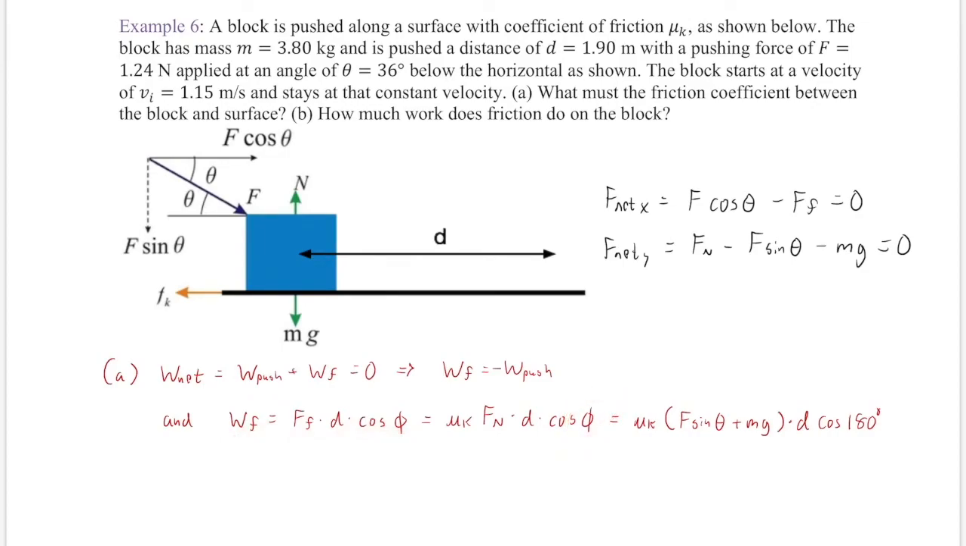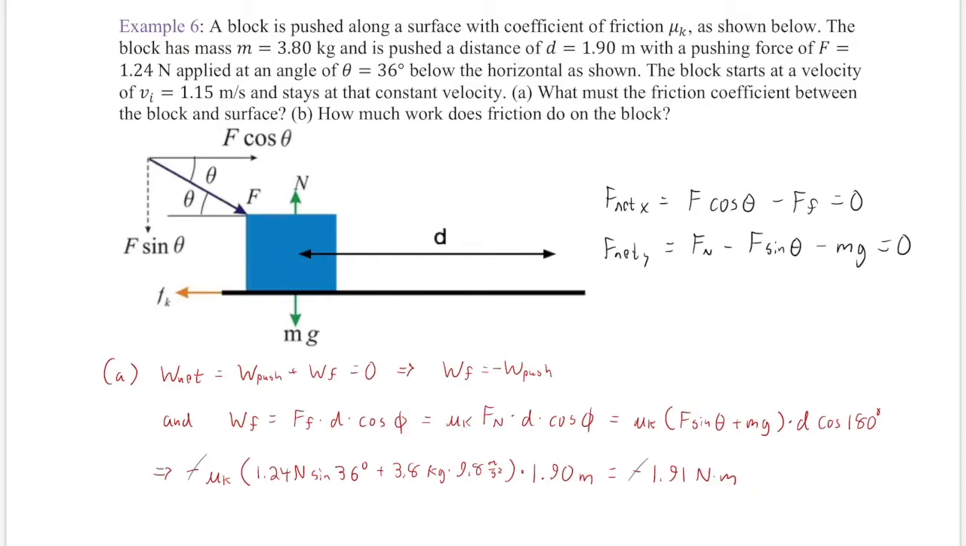All right, and then I'm just going to replace the normal force with the expression that I get from my sum of forces in the y direction, F sine theta plus mg. All right, and what is the angle between the friction force and the displacement? It's 180 degrees. That's why I call it phi and not theta, because it's not theta. In other words, this is 180 degrees. Okay? All right, so that's, of course, just going to become -1. So the -1 from the cosine of 180 comes out in front. All right, and then I'm going to set that equal to the negative of the work done by the pushing force. All right, which I know to be